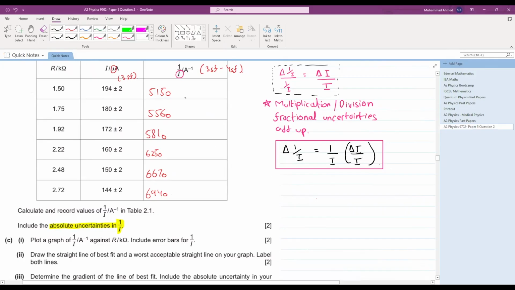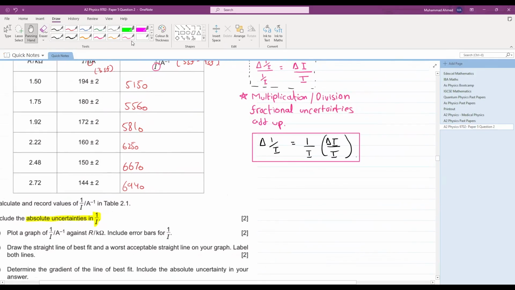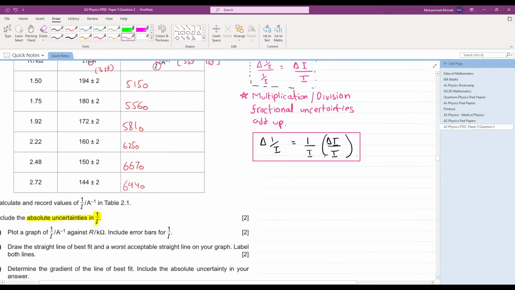Okay, since this is our first question, let's start applying. For the first row, your 1 over I value is 5150. Your absolute uncertainty of I is 2. Your value of current is 194. You can just create a fraction in the calculator and keep on changing the values. 5150 times 2 divided by 194. Simple. This comes out to be